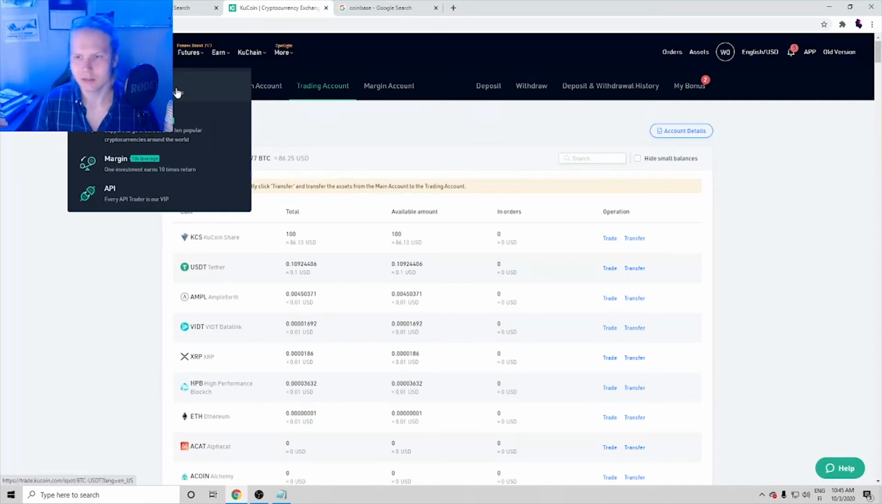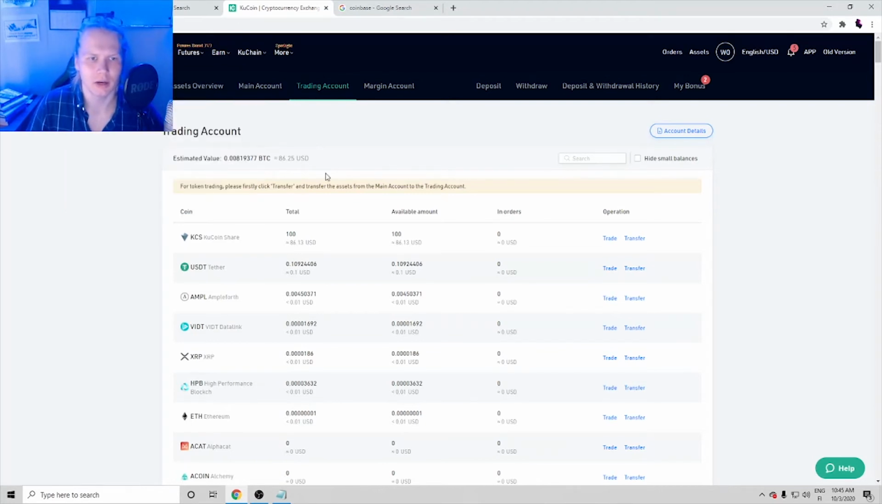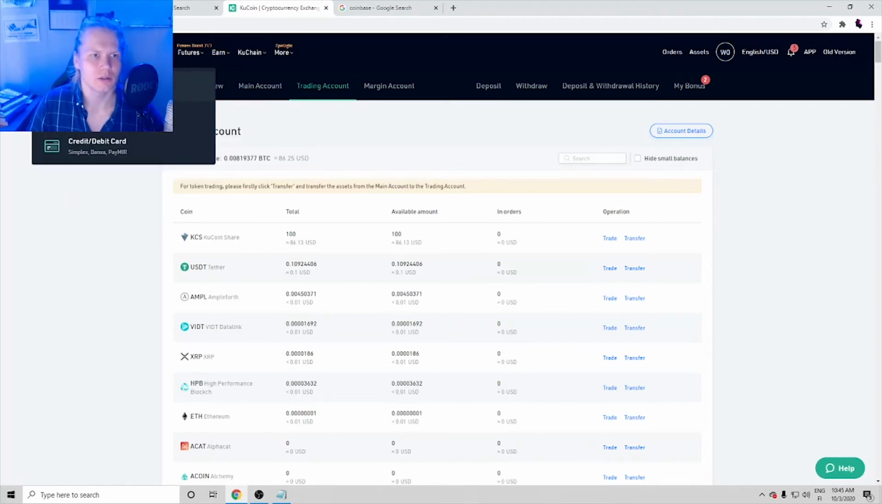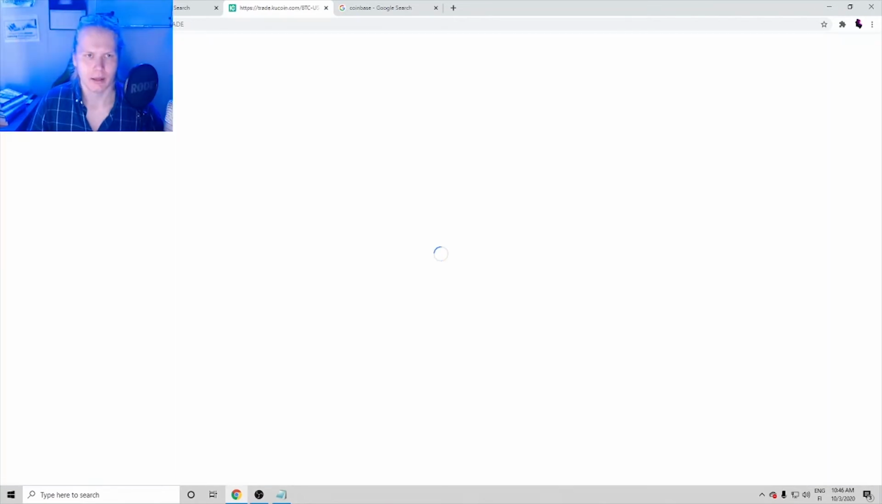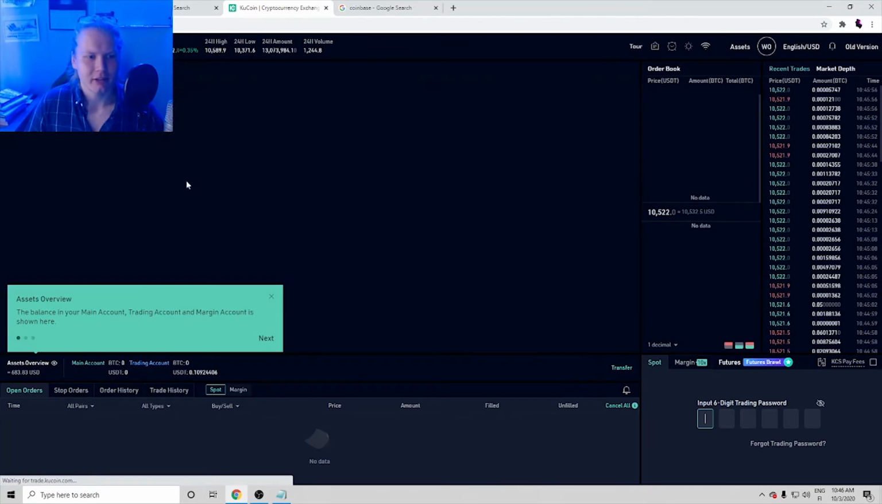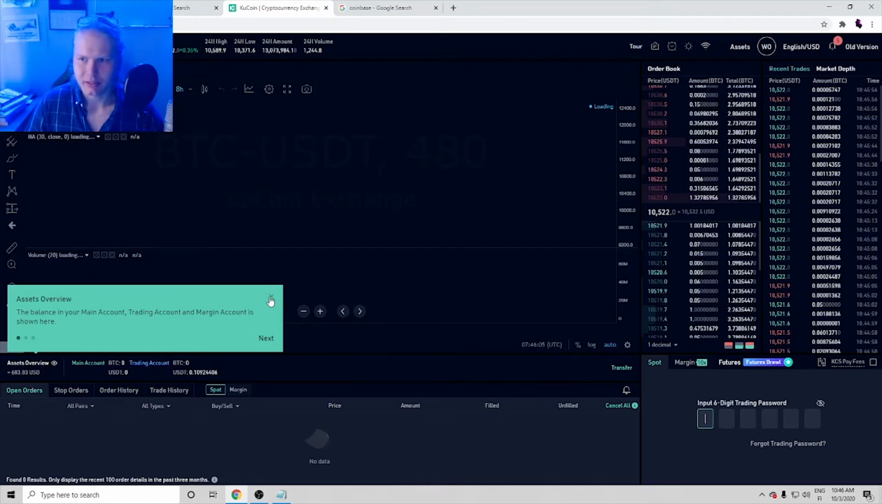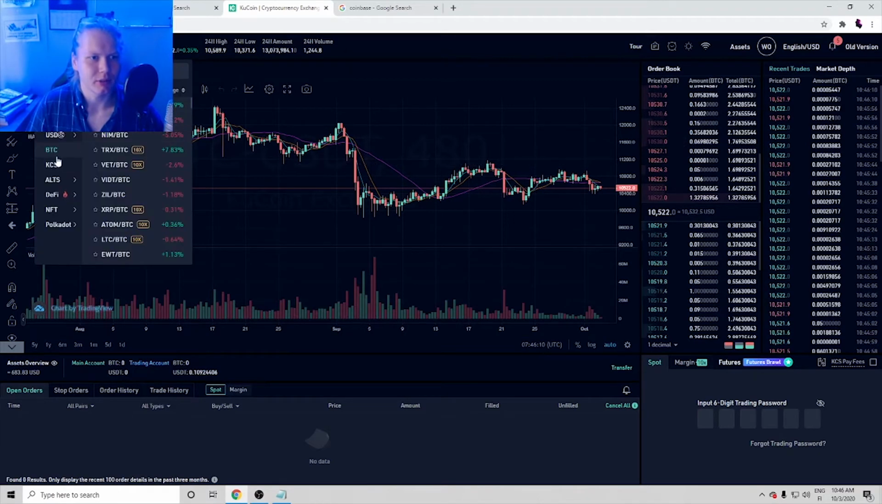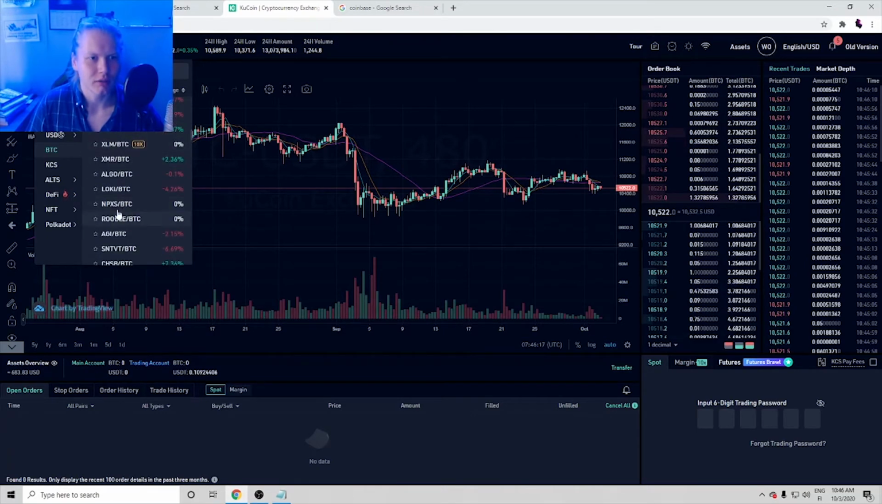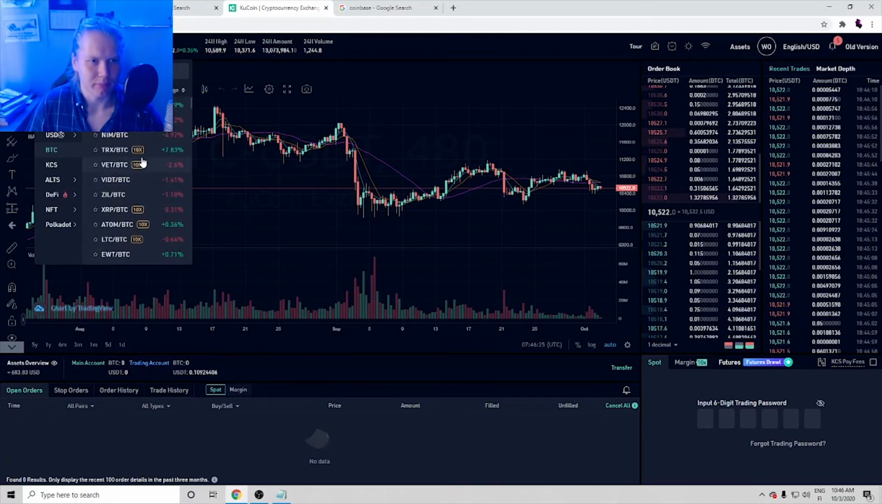Okay, but let's imagine that your Bitcoins are now in your trading account. All you have to do is come here and click spot, and here you can finally start trading that cryptocurrency into other cryptocurrencies. When you come here, you can see all the pairings. For example, Bitcoin, you can see all the Bitcoin pairings here. If you want to trade the Bitcoin that you just bought into, for example,